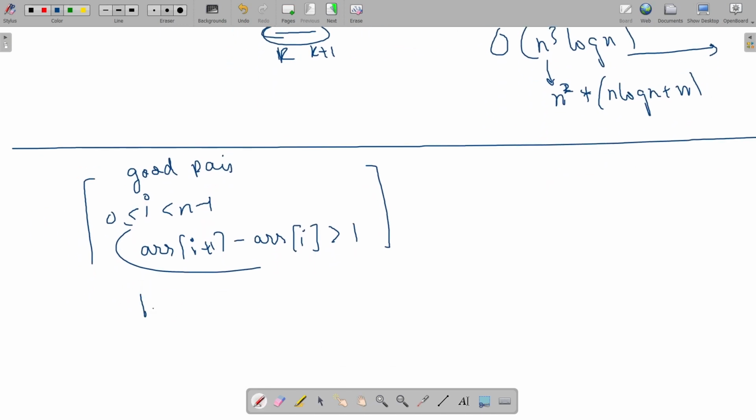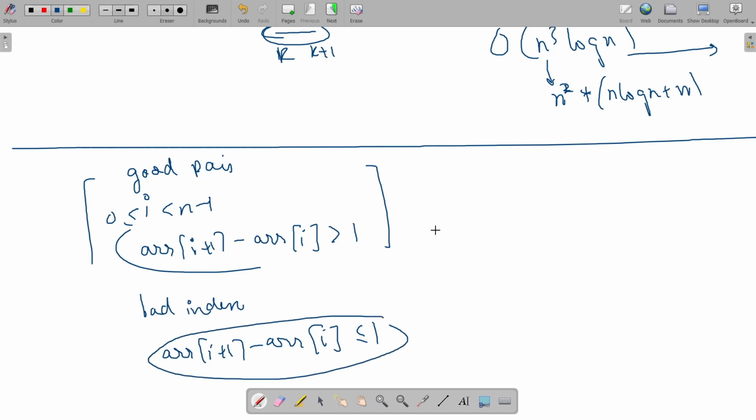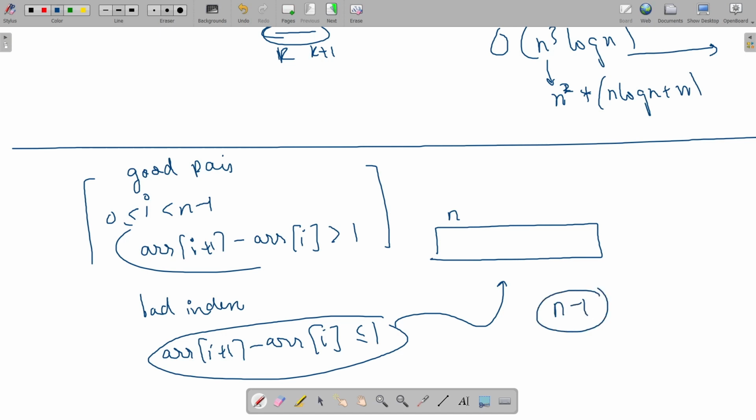Let's find the bad indexes, which are the indexes where array of i plus 1 minus array of i is less than or equal to 1. So if we are looking at some subarray of size small n, then we will try to find the number of bad indexes, and then to find the imbalance number, we will do n minus 1 minus the bad indexes,